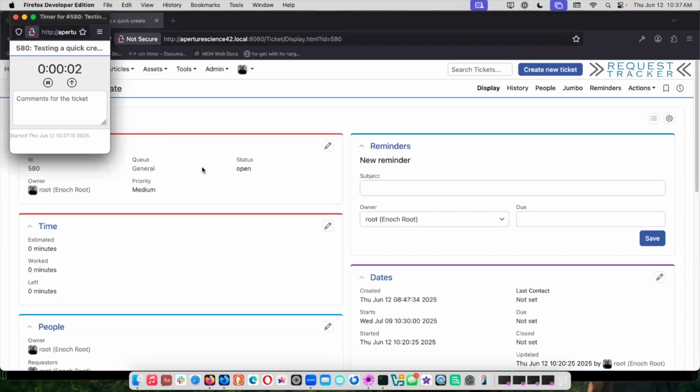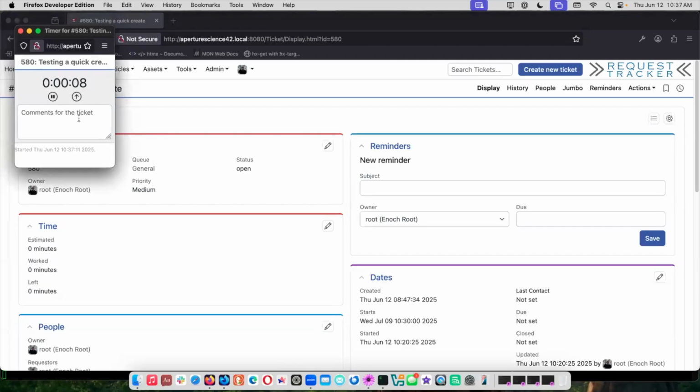If you're not familiar with this, it's just this guy right here. It's on every ticket, so you can just click it and a little box pops up, and it just starts running. So you can keep track of your time there. And when you're done, related to the other question, you can come in here and put a comment there. You can pause it, so if you're going to step away for a little bit and resume, and then you can submit that timer,